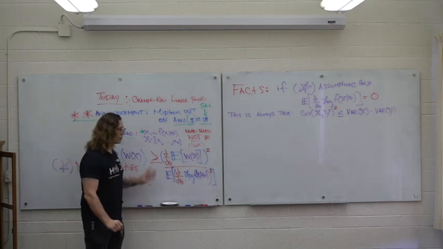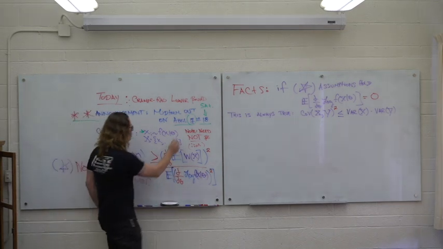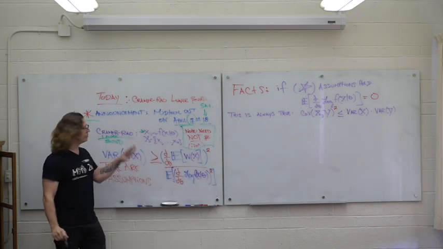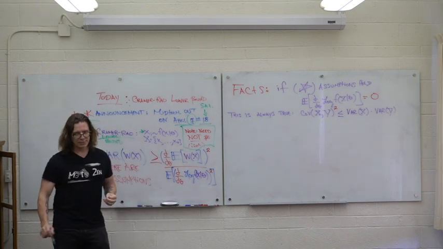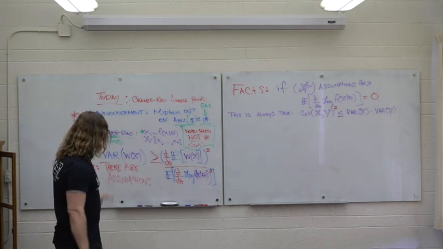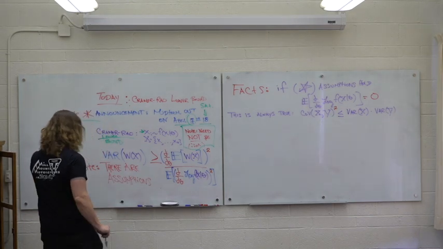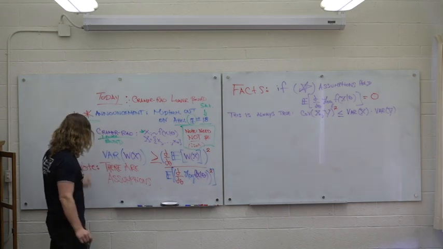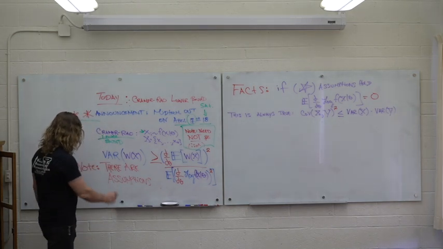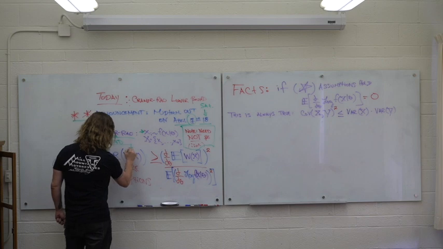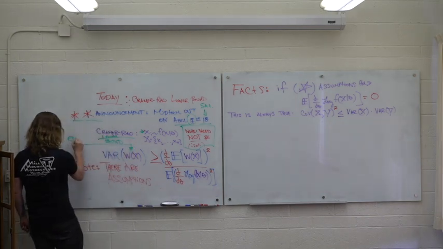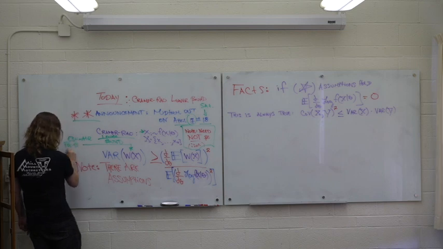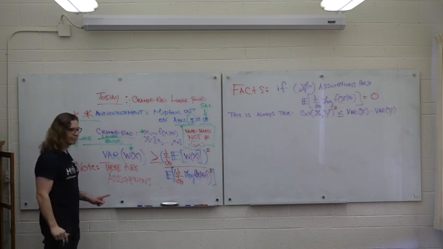I will point out that everything we're going to do today holds in general, and it doesn't need to be IID. So there could be dependence in this sampling mechanism. So everything I say today is general. And there are IID forms that might simplify a little bit of the math for you. My notation is that W(X) is an estimator for theta. Okay, so it's supposed to be estimating theta.